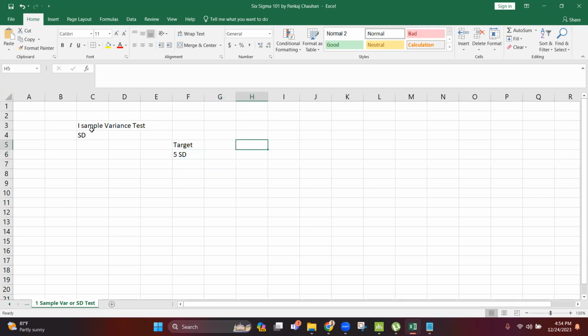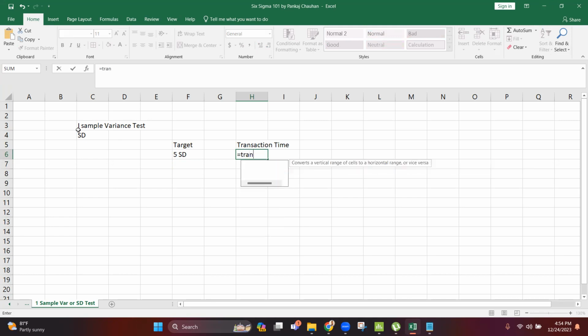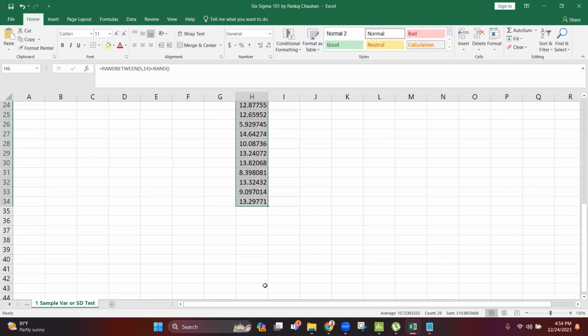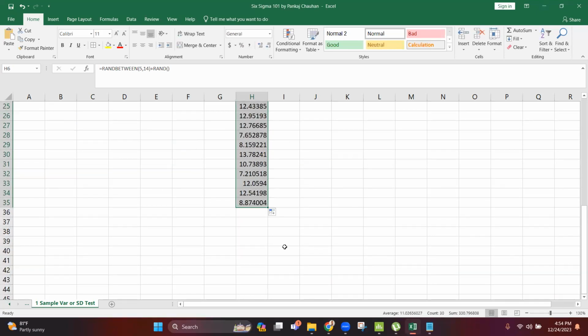Now you have actual data. Suppose the transaction time you are taking is in minutes, approximately. Let's say it's 5 minutes minimum and it goes up to 10 minutes, or let's say 15 minutes, with some decimal values because the data is in minutes and seconds. So 11.19 minutes, like this, and you have the data collected, let's say for the last 30 transactions,